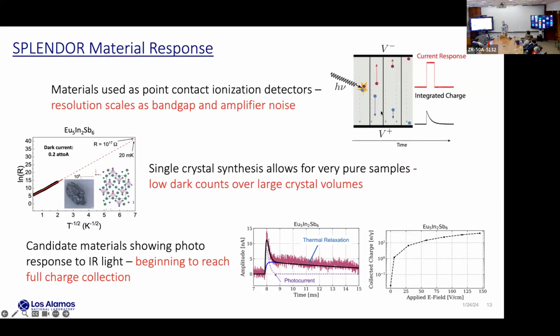So at low field, the charges start to drift, but you're not applying enough field, so they recombine and you don't get the full collection, or they get stuck somewhere. If you apply enough field, the charge fully drifts to the electrode and you measure it, and if you apply too much field, the charge has enough kinetic energy to create another charge, and that's how you make an avalanche detector. So we're not trying to get into that region. We just want to see that we can get to this flat region where we're fully collecting it, but we're not putting too much E field so that we get unnecessary backgrounds.